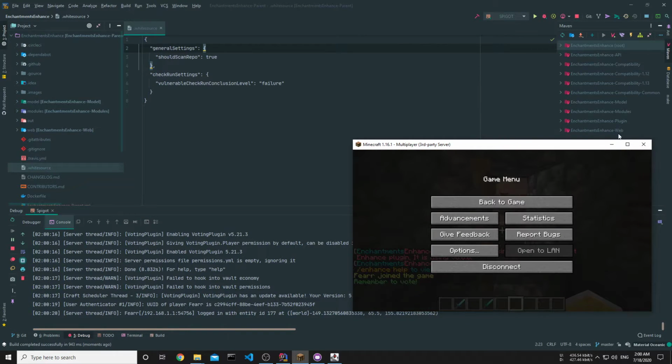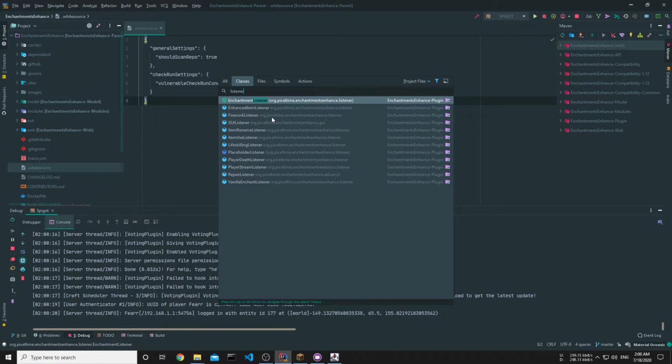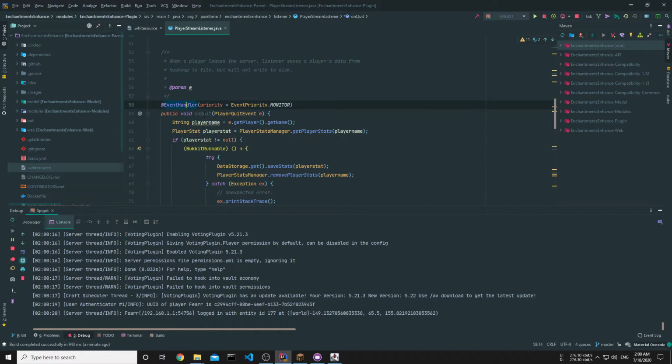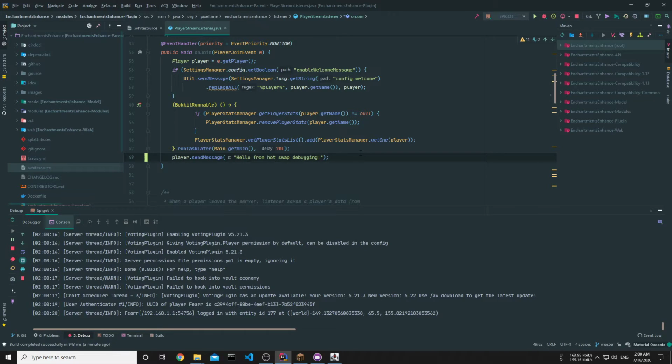Okay, so let's find a file called listener. We can pick player stream listener here. So we'll do a onQuit. Okay, let's do onJoin. So whenever a player joins the server, we can send a message called hello from hot swap debugging. Okay. Now in normal, what you do is you do a Maven package,